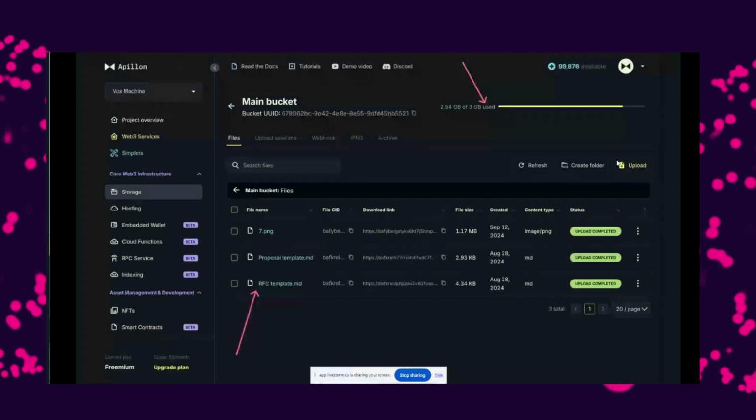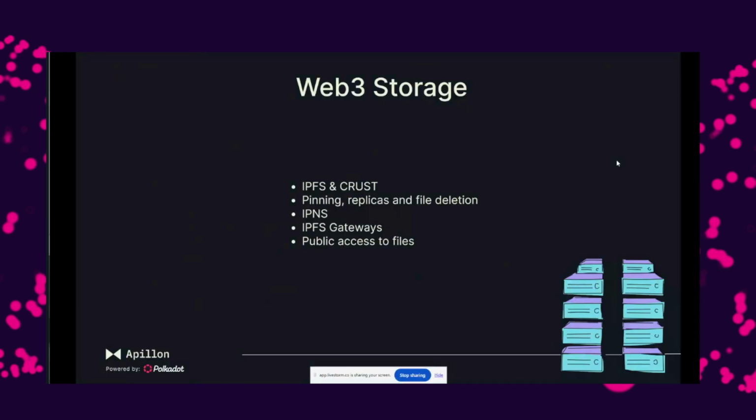As you drag and drop files into the bucket, we're the ones taking those files, calling Crust, and also calling pinning in the background, and we make sure those files go into decentralized storage. Another thing worth mentioning is that Crust is able to do several replicas of those files.